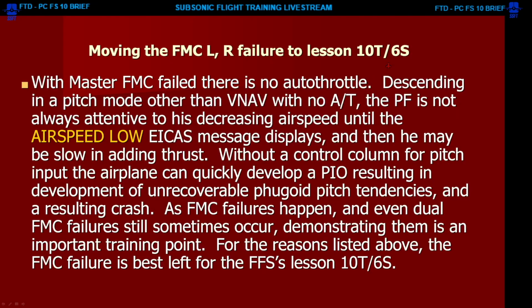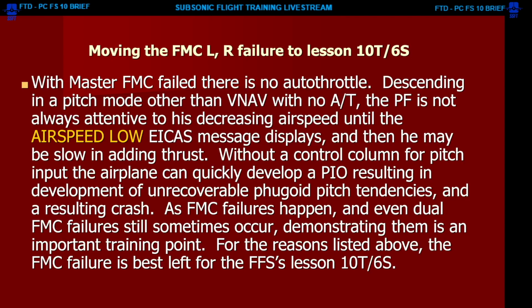What's this say? All this is saying is that with the master FMC failed, there is no auto throttle. Descending in a pitch mode other than VNAV with no auto throttle, the pilot flying is not always attentive to his decreasing airspeed until the airspeed low EICAS message displays, and then he may be slow in adding thrust. Without a control column for pitch input, the airplane can quickly develop into a PIO, pilot-induced oscillation, resulting in development of unrecoverable phugoid pitch tendencies and a resulting crash. Well, that hit. So what they're saying here is that in the FTD, because you can't really control it,